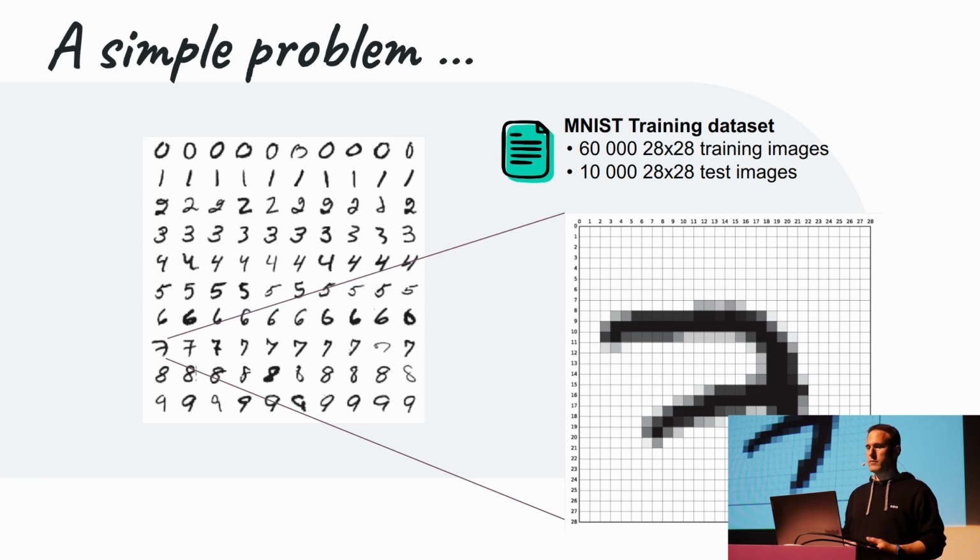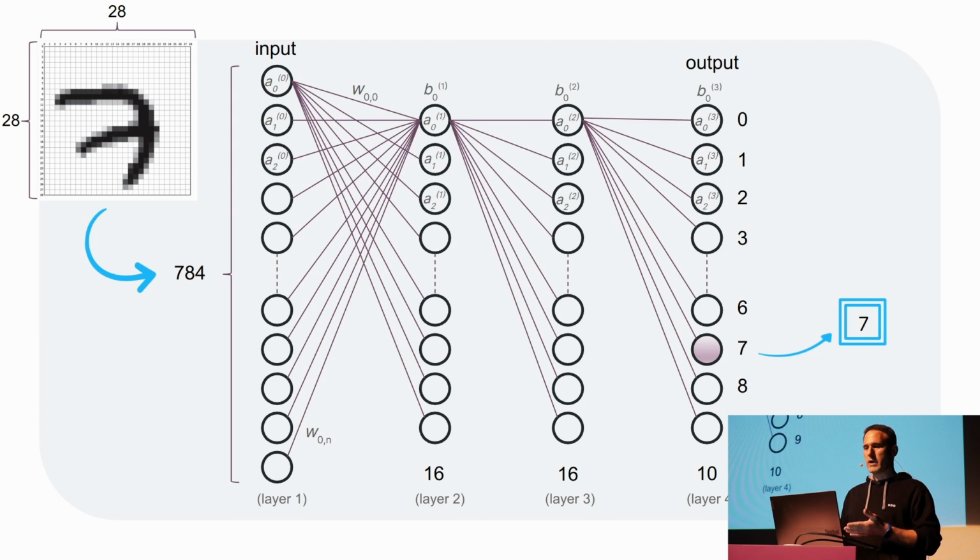If we wanted to implement a solution for this, this is what it could look like. So we have a neural network. Here we have two hidden layers. The first layer, the input layer, is going to have 784 neurons. And why is that? It's because we're considering for input these images of 28 by 28 pixels. So that's 784 values, if we consider that each pixel is a single value between 0 and 1, representing the grayscale value of that pixel. So it's very easy. The input layer is going to have as values all the individual values of the pixels. Then how is the information fed forward through the network?